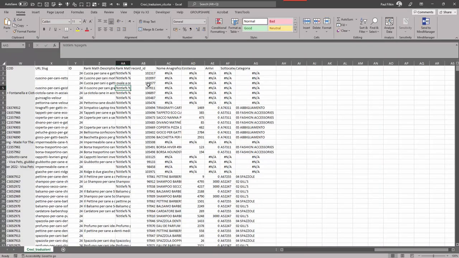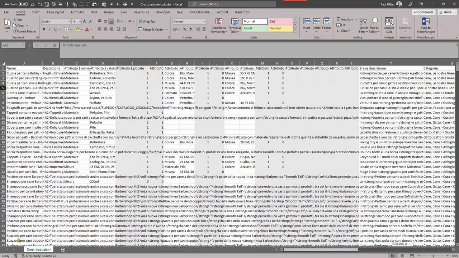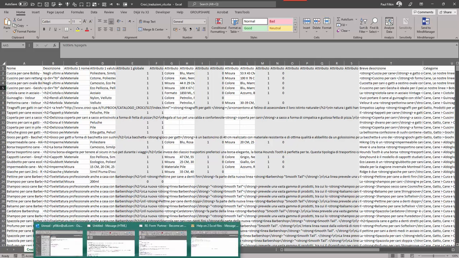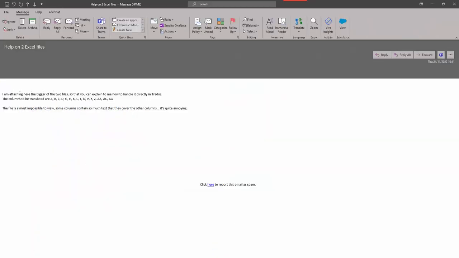I'll just do it in real time as we're going along. So I can see you're all the way up to AG here. If I come back to the beginning in this Excel file, and let's go back to your email a second. It's around here somewhere, that one I think. So we've got to